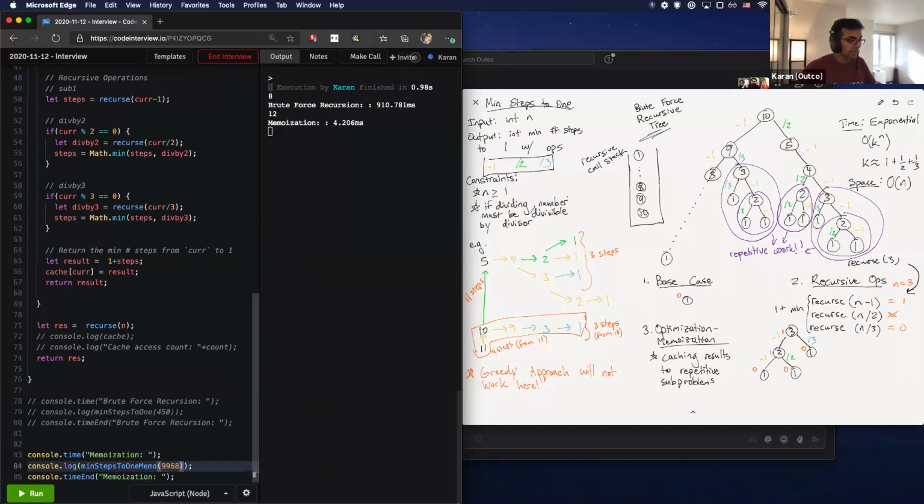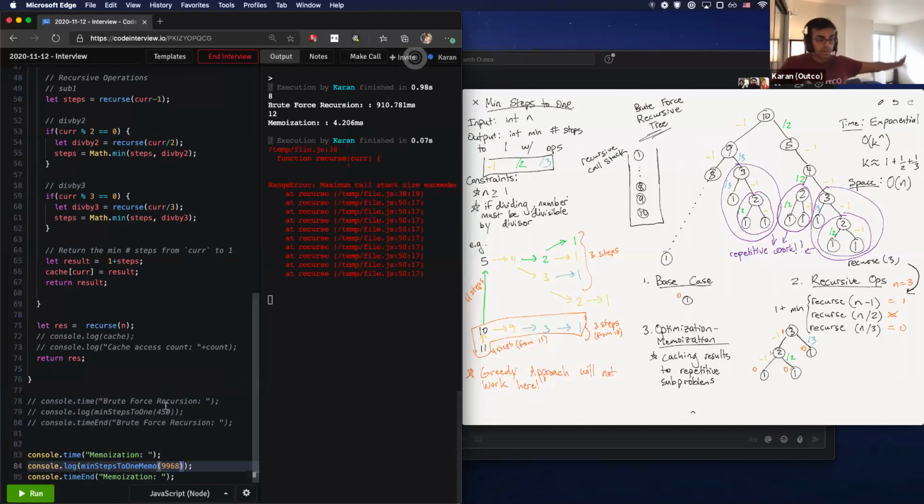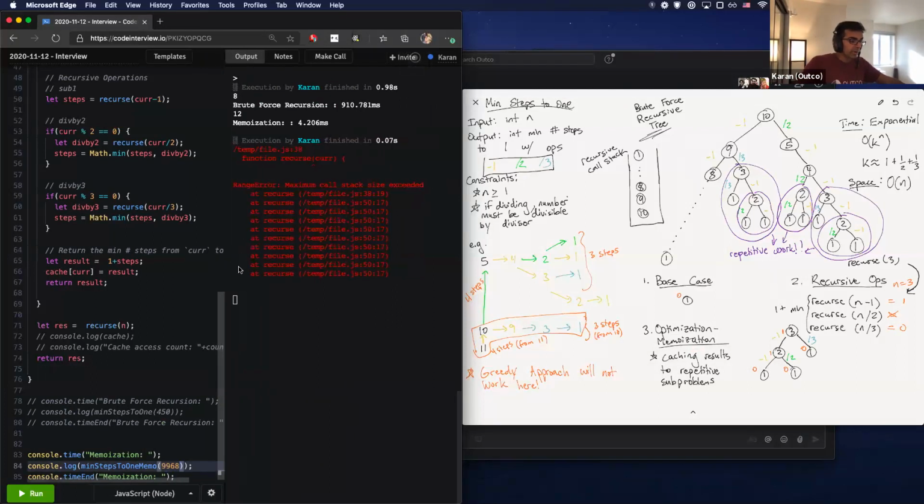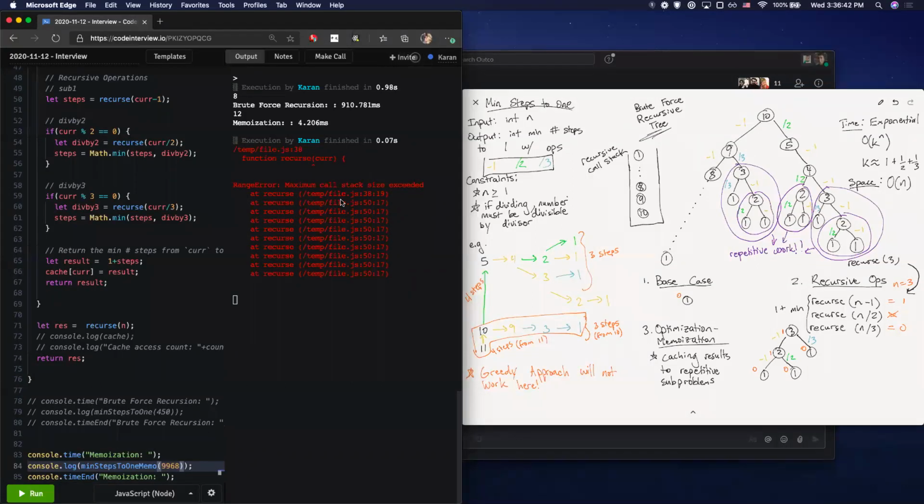But of course, like you were saying, when we get to numbers that are this high, I know you said you were trying this in Jupyter, there's going to be an issue. Do we have to make it iterative, or do we have to do a different type of memoization? We will, in fact, have to do an iterative approach to this. I know some people might suggest that you can do tail call recursion, where we're cutting out recursive calls that are going to be unnecessary at a certain point. But